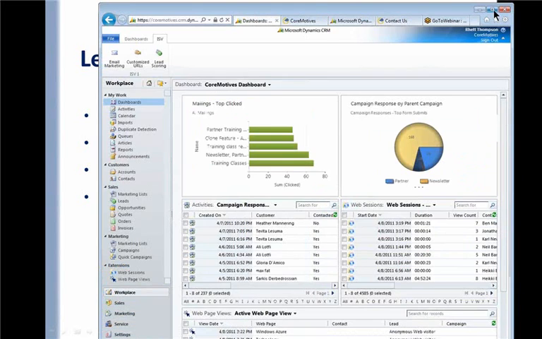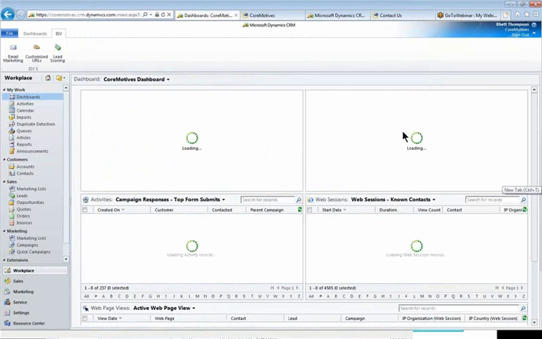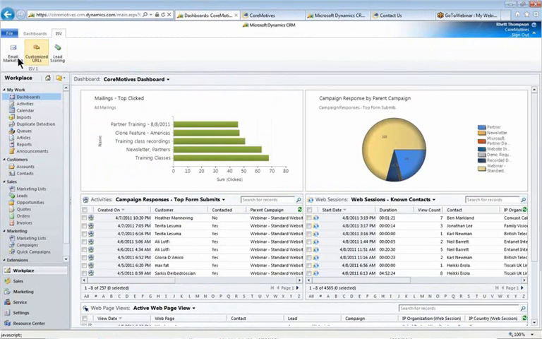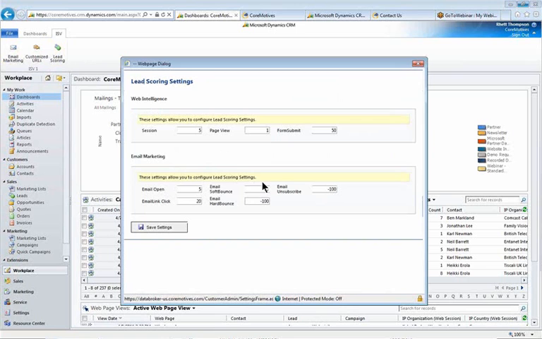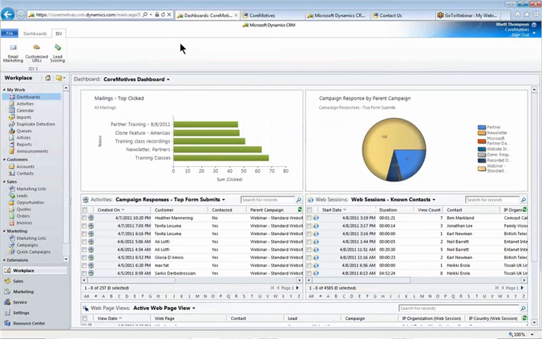I'll switch my screen. So here is CRM 2011, and notice there's the ISV tab here, and if I click on lead scoring, I get the same dialog box from there. All right. Okay, so now if I wanted to take a particular person, if Ben wouldn't mind if I used him,